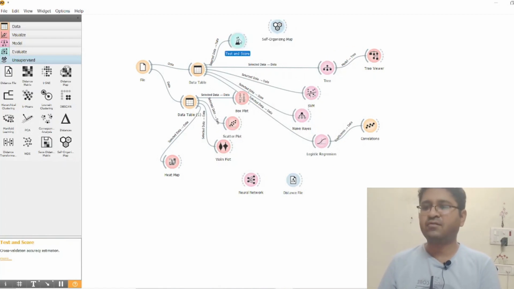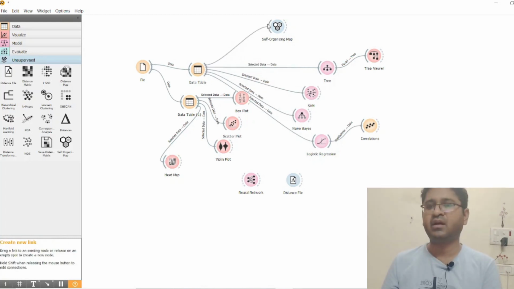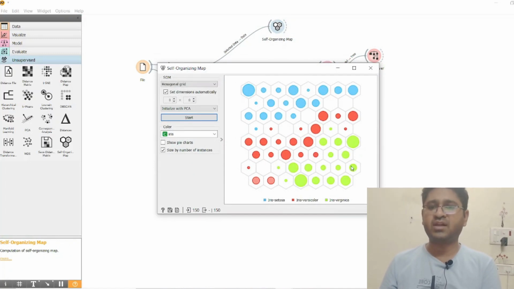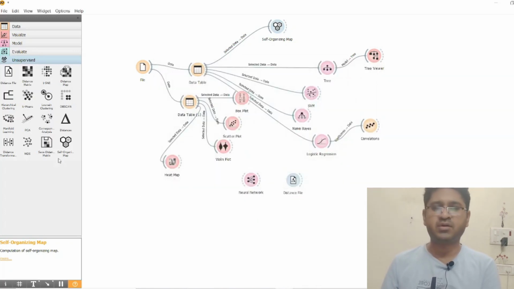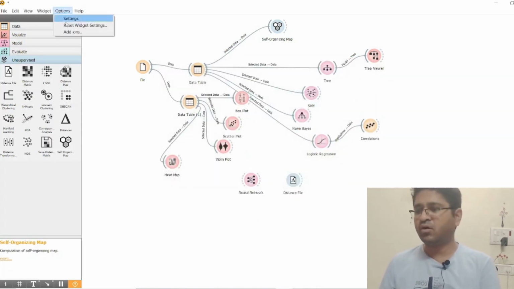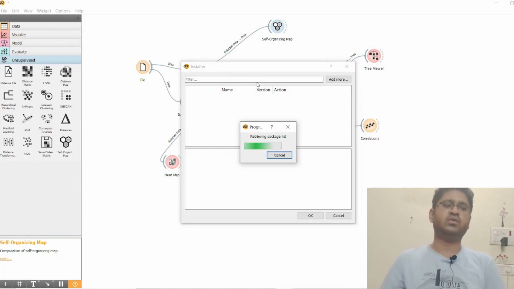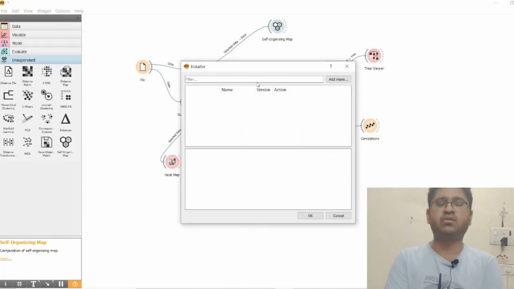So we can have the self organization also. Suppose I am removing this node from this side, and I am going to import this self organization. It will show a very beautiful distribution of the objects of the class or of the PCA information and so on. So one more thing you can add on, so many things like the image analytics tool, add-on image data set, and so on. So you can add the file and so on.